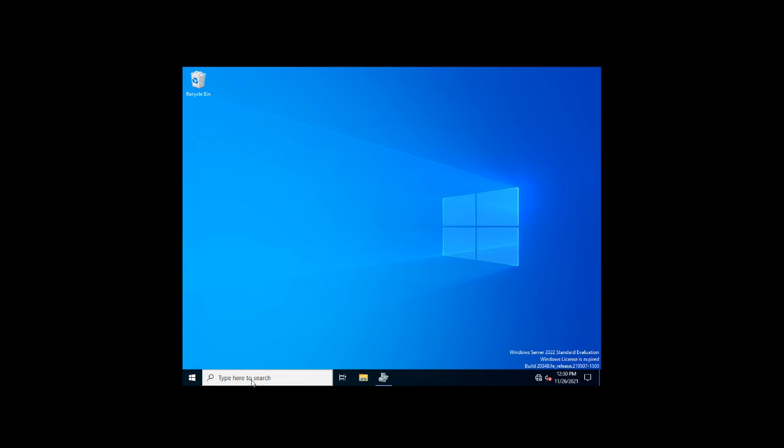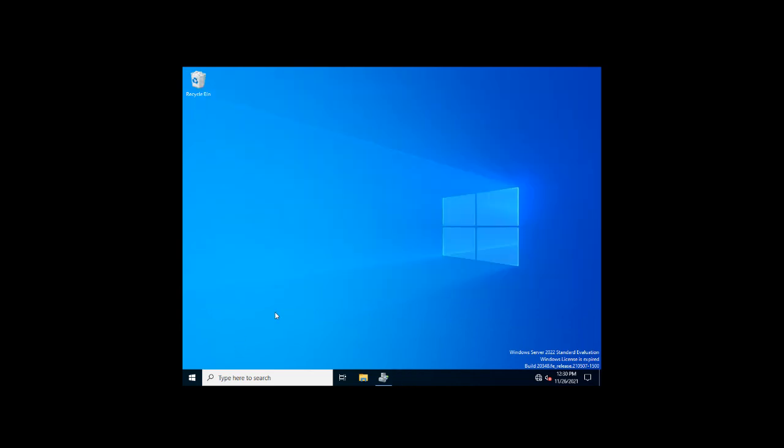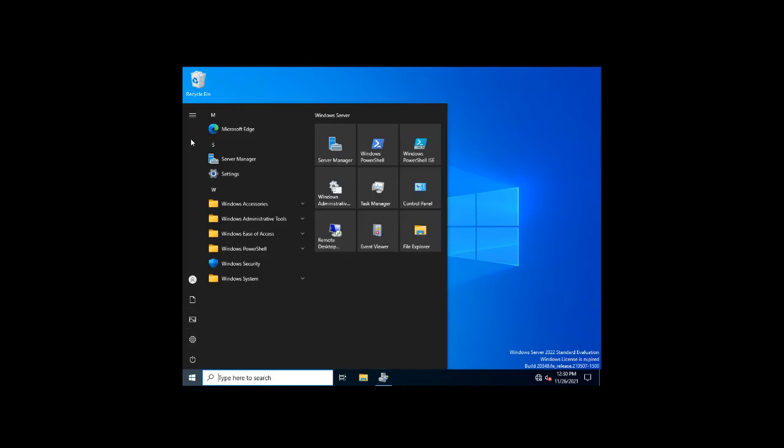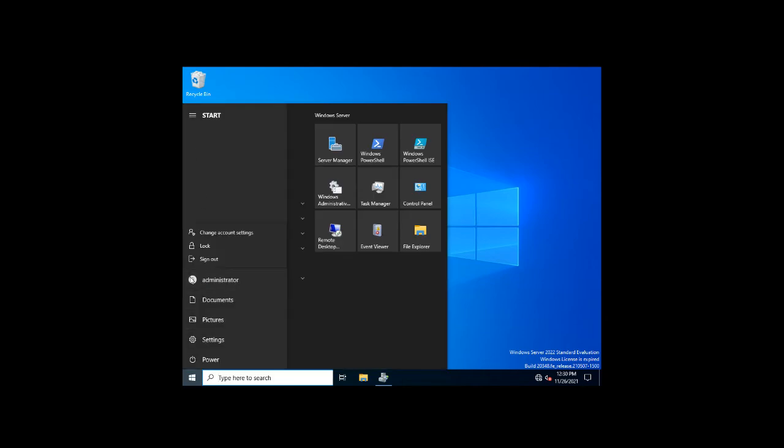Now we will update the policy. Currently I don't have any client machine, so I will log in as a user on this server itself. Right click, log out.